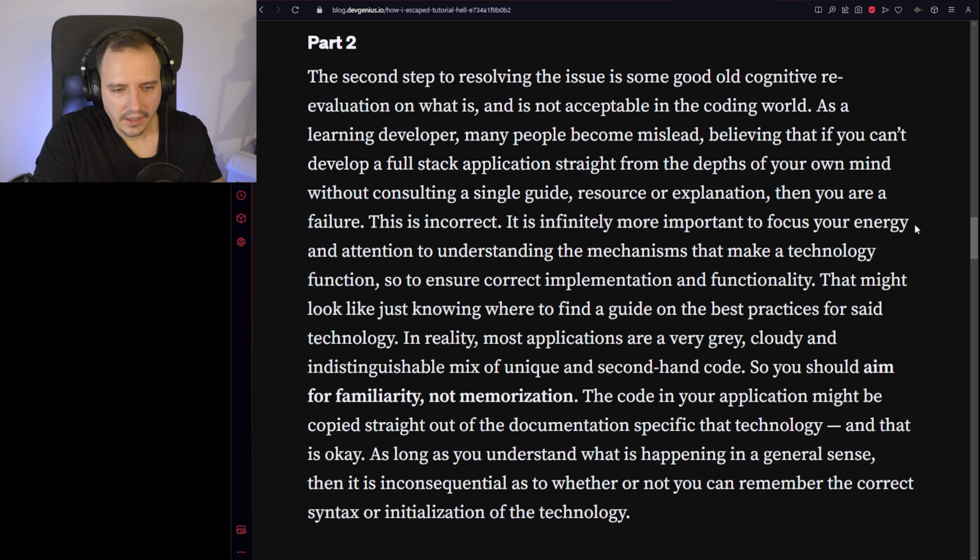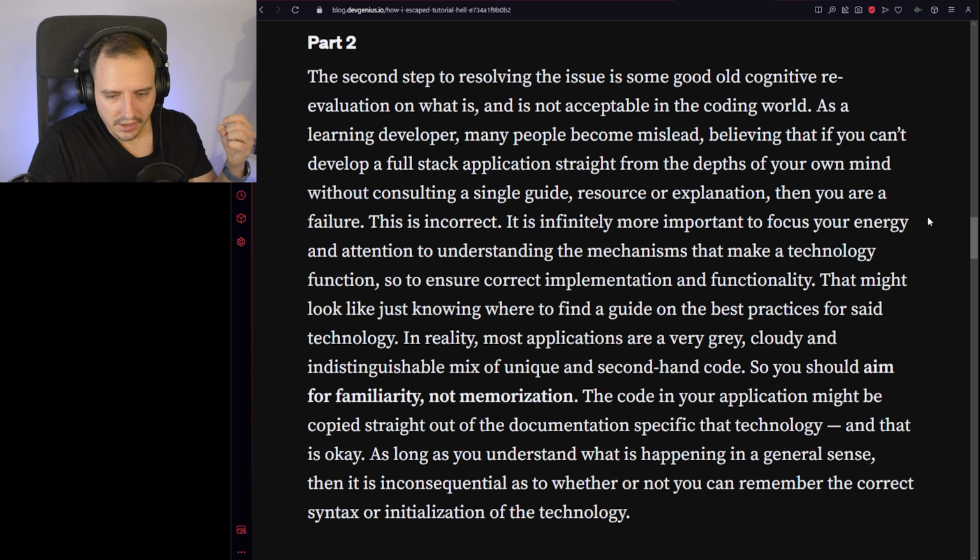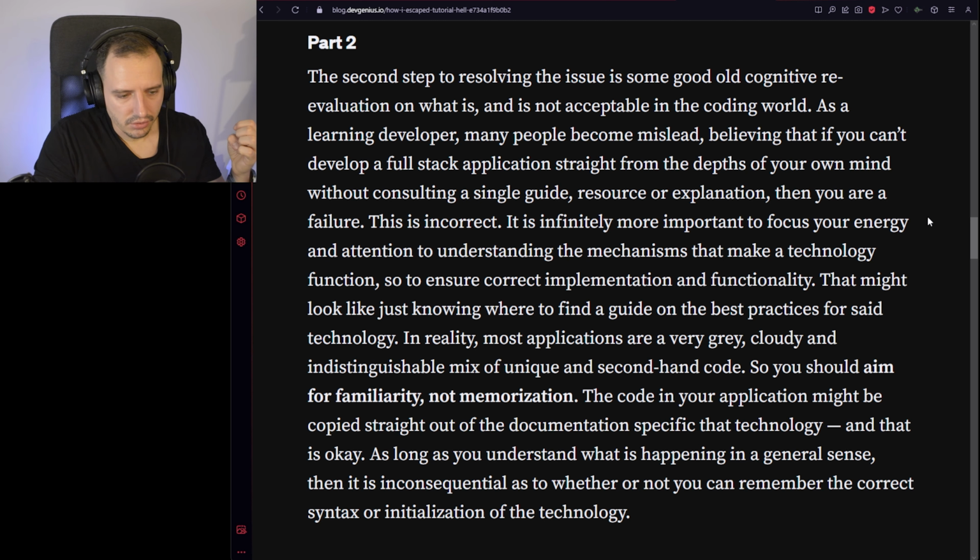So this is incorrect. It is infinitely more important to focus your energy and attention on understanding the mechanisms that make technology function, so as to ensure correct implementation and functionality. That might look like just knowing where to find a guide on the best practices for said technology. In reality, most applications are a very gray, cloudy, and indistinguishable mix of unique and second-hand code, so you should aim for familiarity, not memorization. The code in your application might be copied straight out of the documentation specific to the technology, and that is okay. As long as you understand what's happening in a general sense, then it's inconsequential